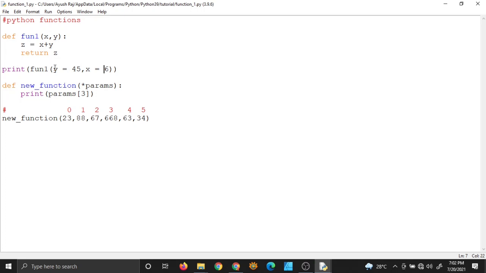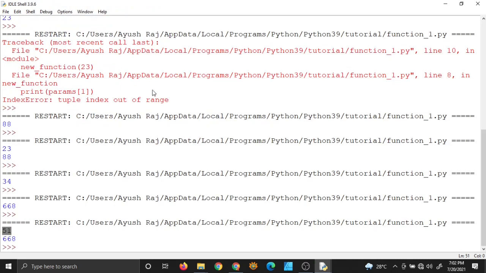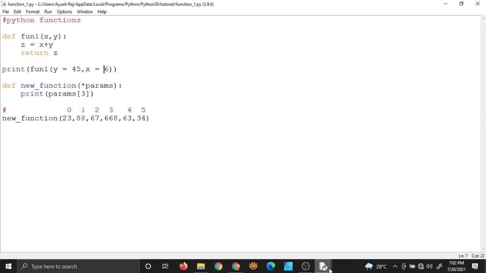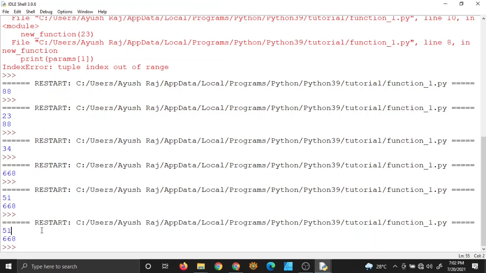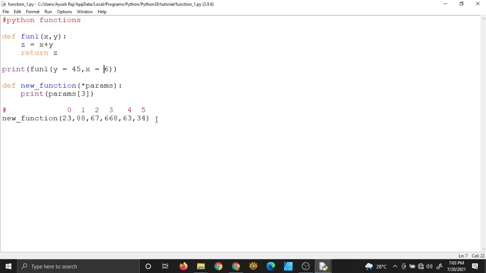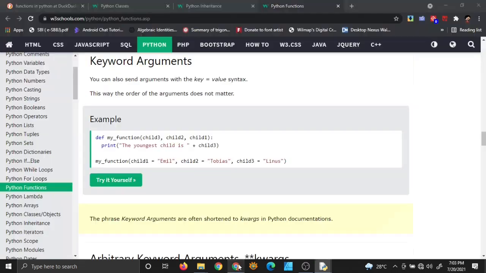It will not give importance to the sequence anymore. It will just give importance to your keywords. So run the module. It will be the same output. Yeah, it's the same output again. So that's good, right?